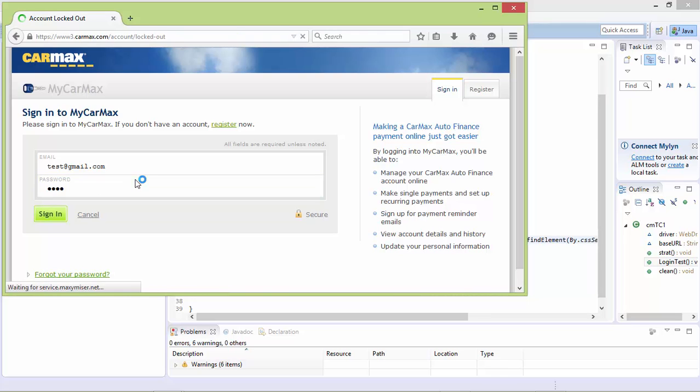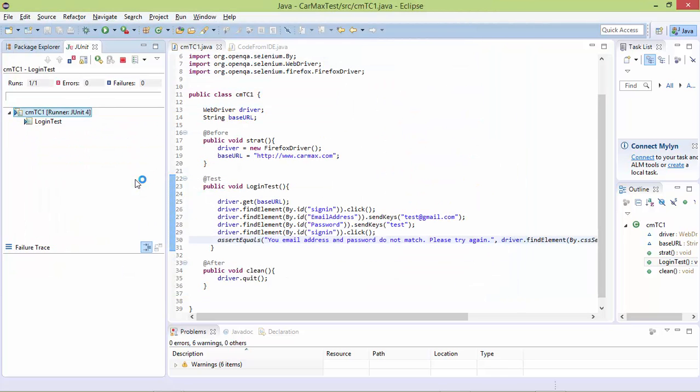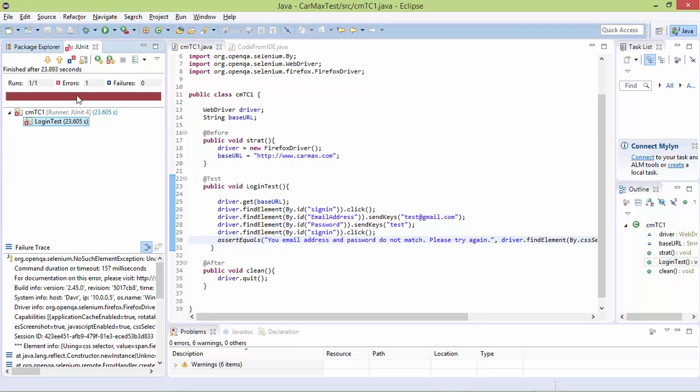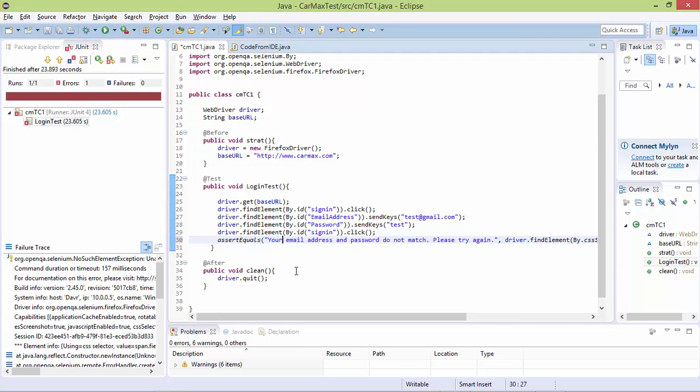Okay, and it did sign in. Now a different message shows up, so you will see right here it is red because we just changed it. So we're going to go back and I'm just going to click save. All right,